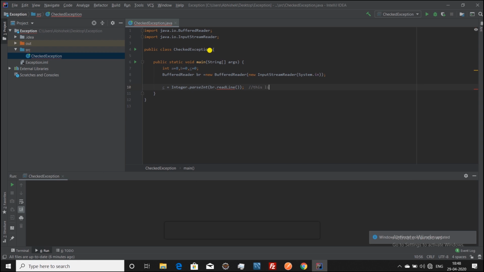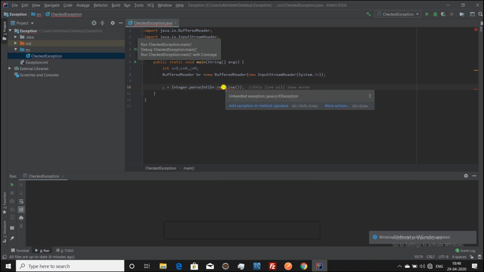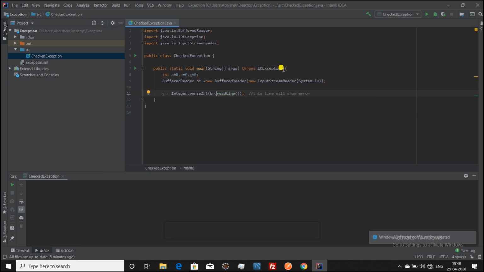This is because the compiler thinks that the user can input such a value which can make our program collapse in between. So it is giving an error. By clicking on it, you can see it has thrown an IOException at the top.